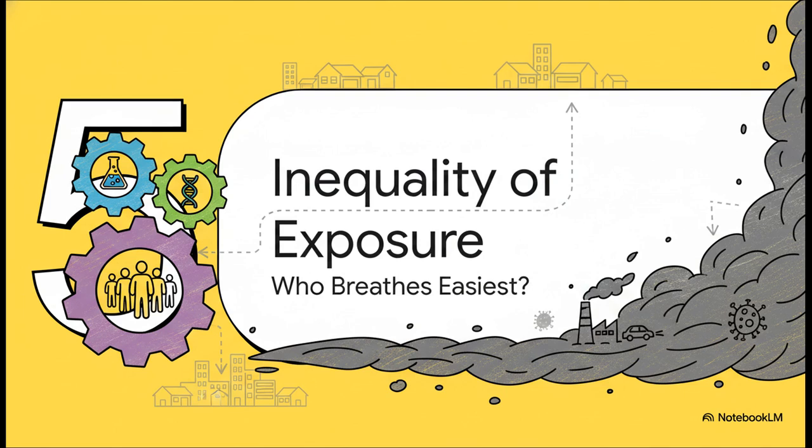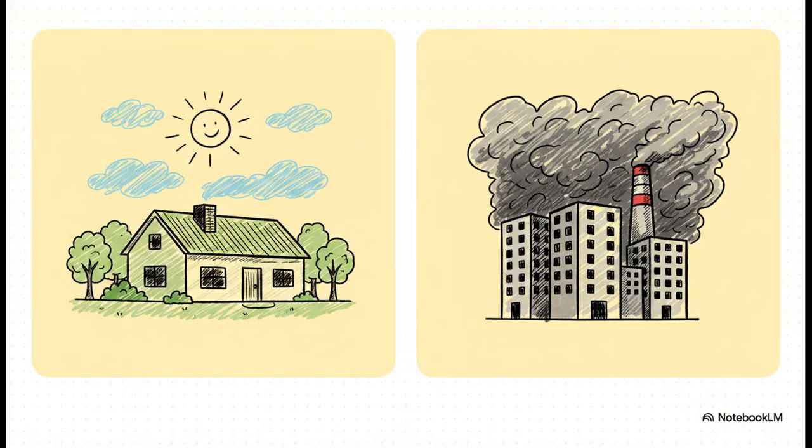All right, section 5, the inequality of exposure. Let's shift gears from biology to sociology for a minute, because this invisible threat absolutely does not treat all demographics equally. Look at the data on socioeconomic disparities. Over time, there have been massive global efforts to reduce emissions, right? But the benefits of those efforts are not shared equally at all. Higher income groups are experiencing much larger declines in air pollution emissions in their areas. Put simply, wealthier areas are getting cleaner air, and they're getting it faster.